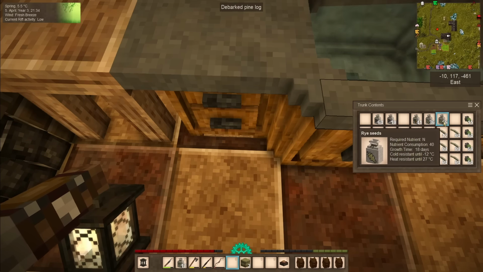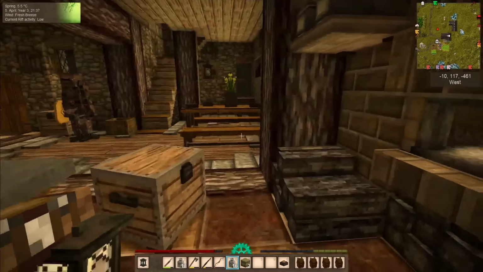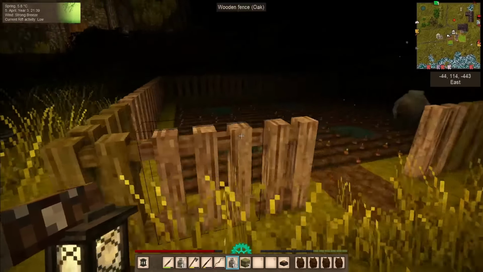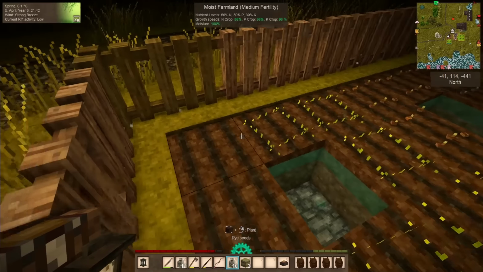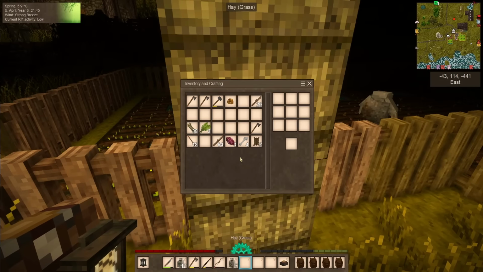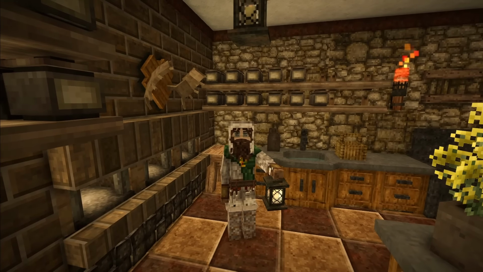You know what? We could do some rye. Why not? The nitrogen is just for the cabbage, I believe. So there's plenty of room still to rotate our cabbage around. A little bit of rye, and I guess no parsnips. And there we go. And I guess throughout the spring here, we're going to need to expand our fields a